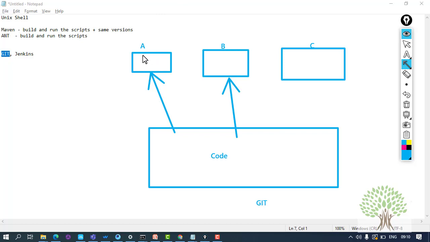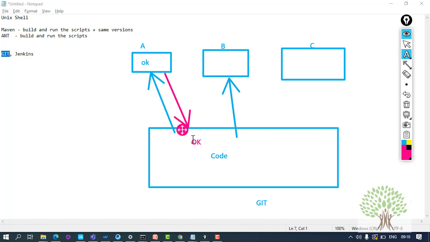Now A changes the code, and everything is okay on his machine. He says, since everything is working okay on my machine, let me put the code back onto Git. So he puts back the code on Git, and everything is okay on Git as well.